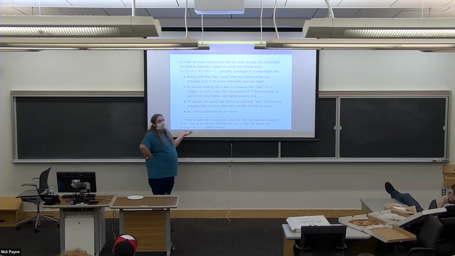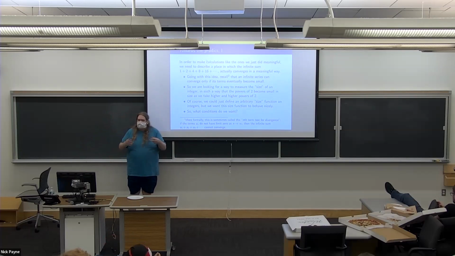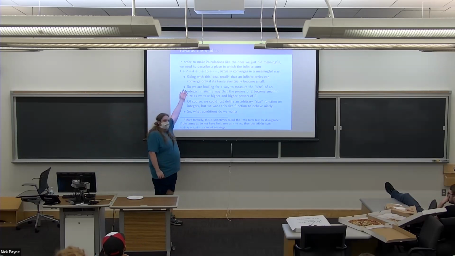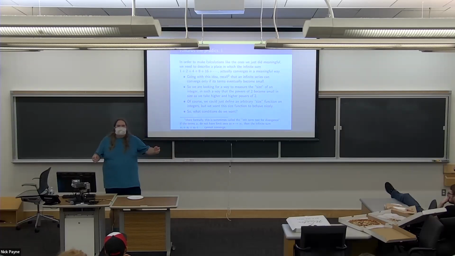Now going to 0, how? So what I mean is the size of the terms are getting small. I'm sort of taking a half step back from just saying the terms go to 0. I want them to get small in size. So what I want is to measure the size of an integer in a way that the powers of 2 have small size, the bigger the power I take.